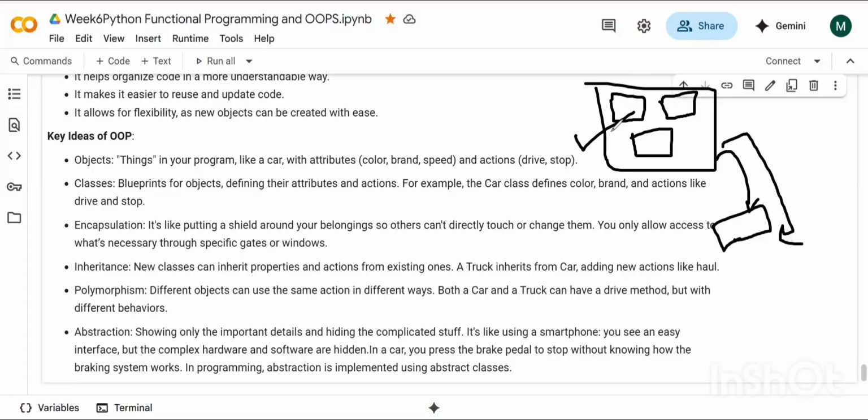And to be very precise or exact, any example which can be very easy to understand? Just now I gave the example of the cars. Now, you are interested in your favorite sport, cricket. Okay, so we are having multiple players over there, like Virat Kohli, MS Dhoni, and all.